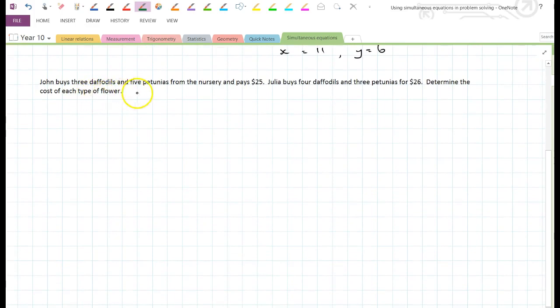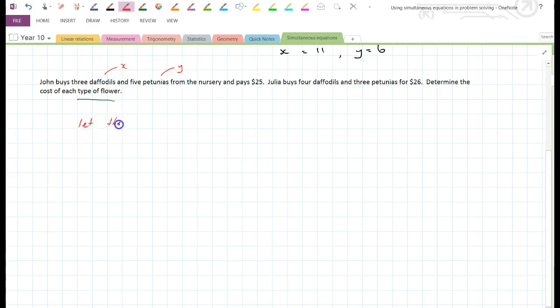John buys 3 daffodils and 5 petunias and pays that much. Julia buys 4 daffodils and 3 petunias, pays that much. Determine the cost of each type of flower. So the subject of this, the topic, the focus is on the flowers, the types of flowers. So what we're going to do is attribute our X and Y to the different types of flowers. So let's say the daffodils are going to be X and the petunias are going to be Y. So we're going to let